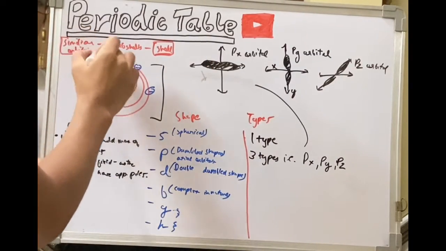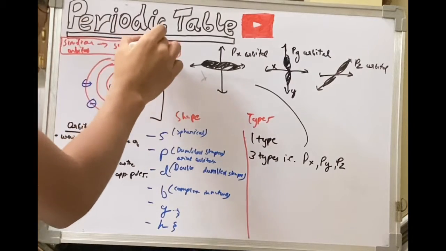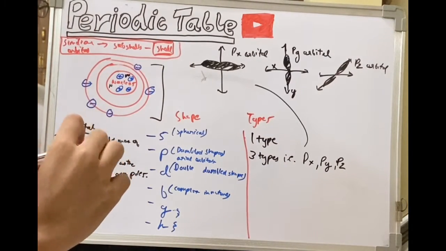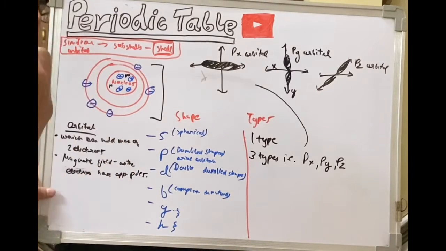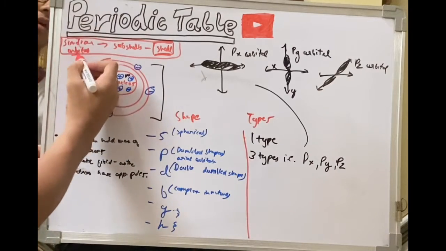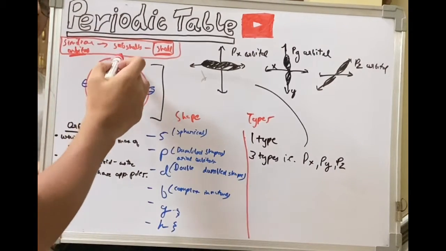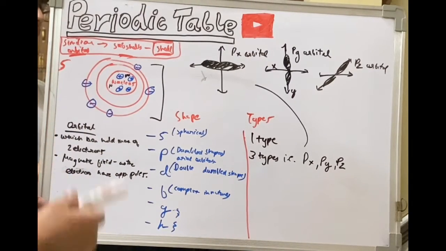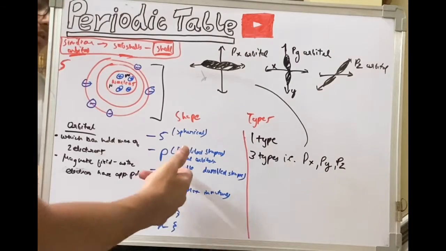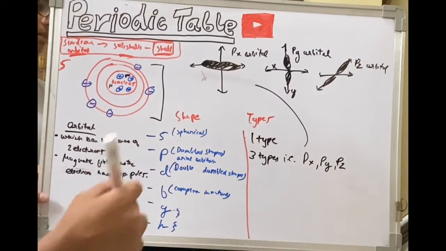So this is the flow chart you have to always refer to. In the case of the first shell, there are only two electrons that can be held at maximum. That is the case for helium, and for hydrogen there is only one electron. So we can say that there will be only one orbital, or you can say one subshell, that will be the S1. Okay, got it. So we'll jump to this for now, and I'll clarify that in the later part of the video.